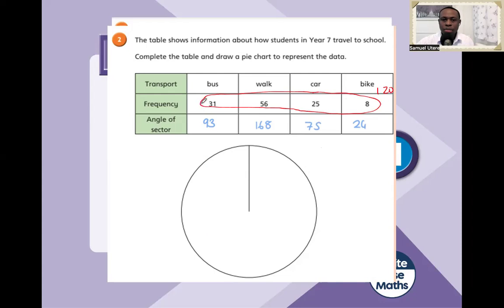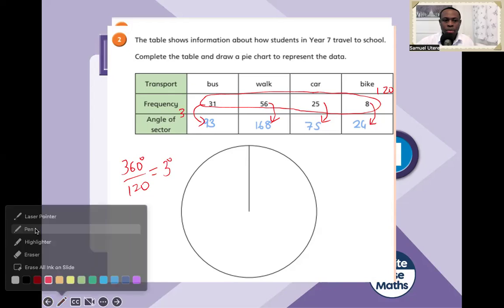So we need a special number in degrees that we're going to be multiplying these by each time to get the angles that we need to use to represent them in the pie chart. And that special number is found by doing 360 degrees divided by 120. Of course, you can see that you don't even need a calculator to do this. You know that it is 3 degrees. So you can see why 31 times 3 degrees will be equal to